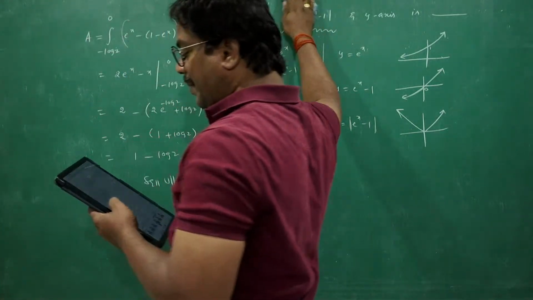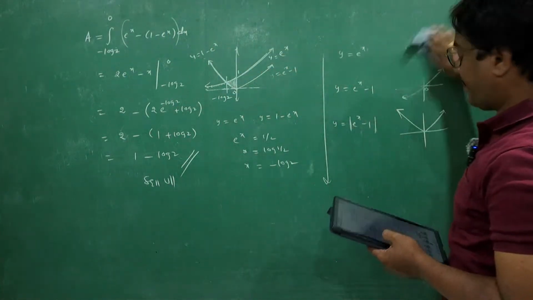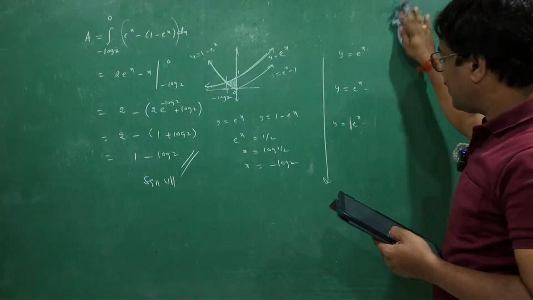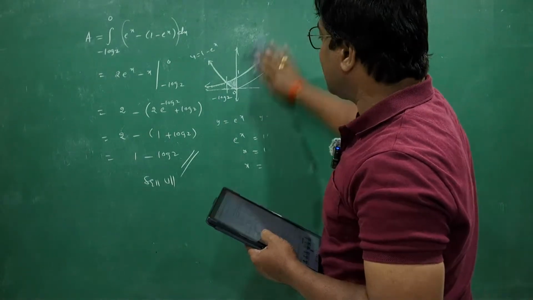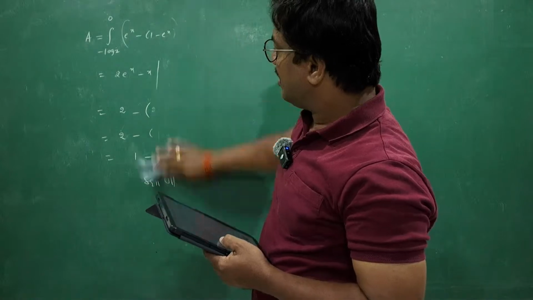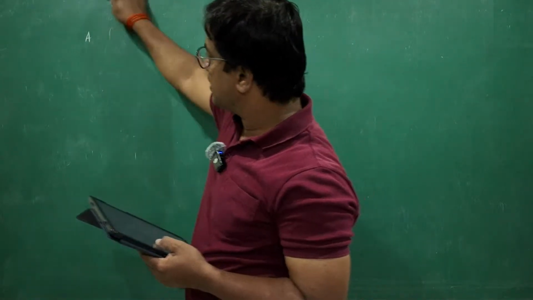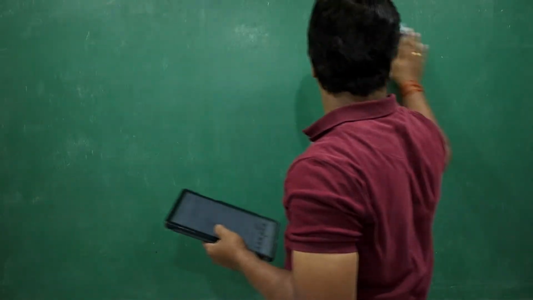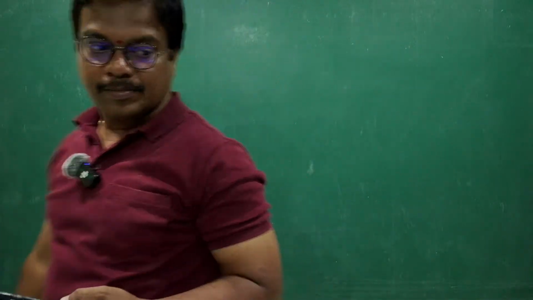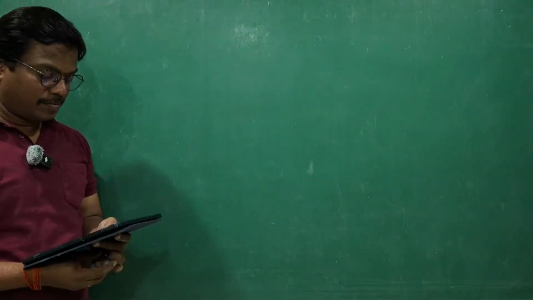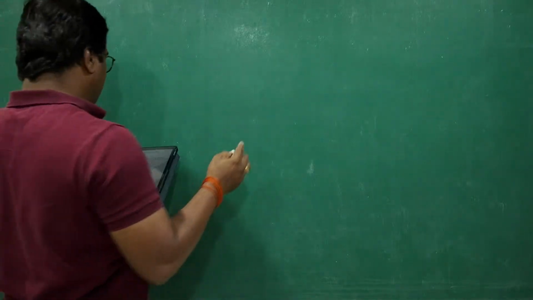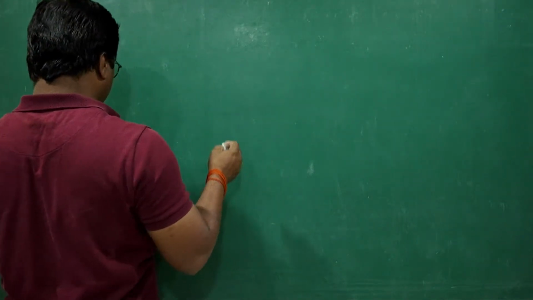Next question from the topic, probability interlinked with matrices. See this question. Consider an event E